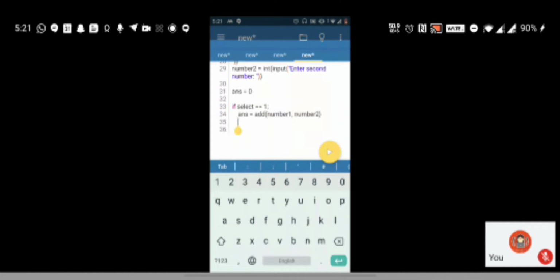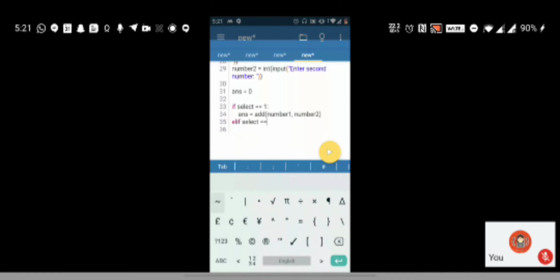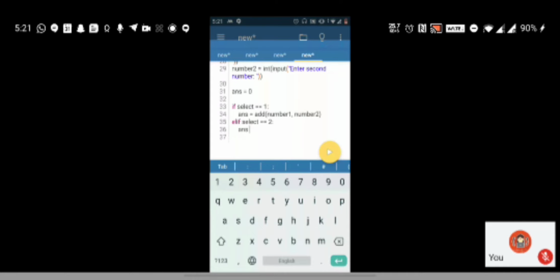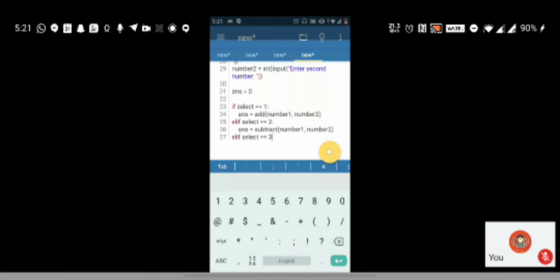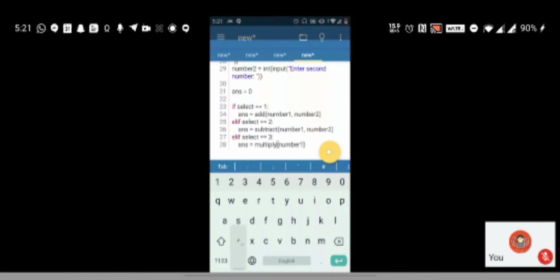If it's not 1, then elif select is equal to 2, since probably it's 2. So this is the second case I'm checking. In this case, I'm going to call subtract instead of add, with number 1, number 2. Okay. Elif, if it's not even 2, then it can be 3. So I'm saying ans is equal to multiply, number 1, number 2.